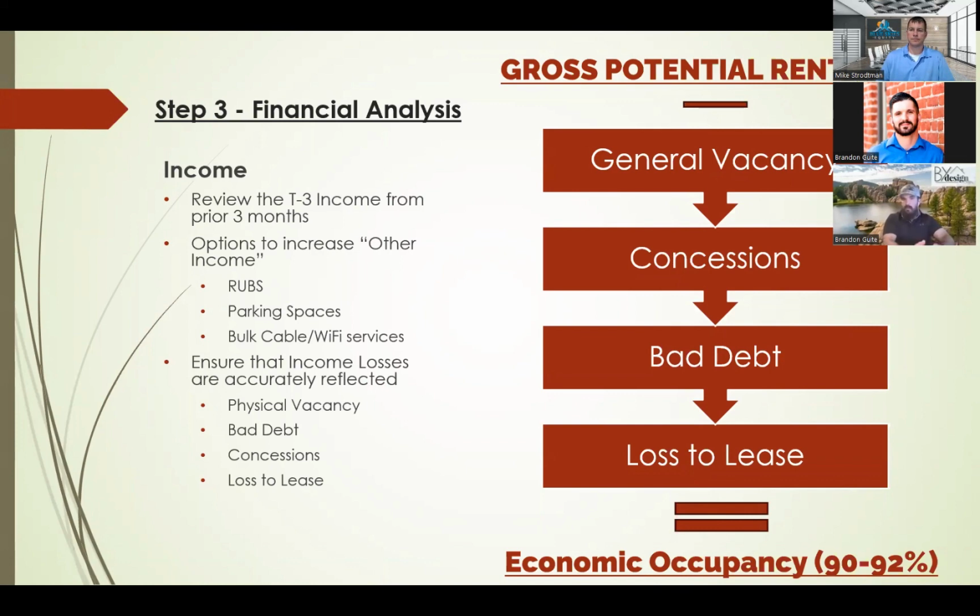So it takes time. Some of these larger value add deals, it might take 2 years to work through the renovations. So that's something just to take a look at and make sure you're asking those questions when you're looking at investing in deals, is what that timeline is to get up to that stabilized economic occupancy around 90 to 92%. What's really neat about the underwriting tool that Brandon's an absolute master at is that ability to lay that